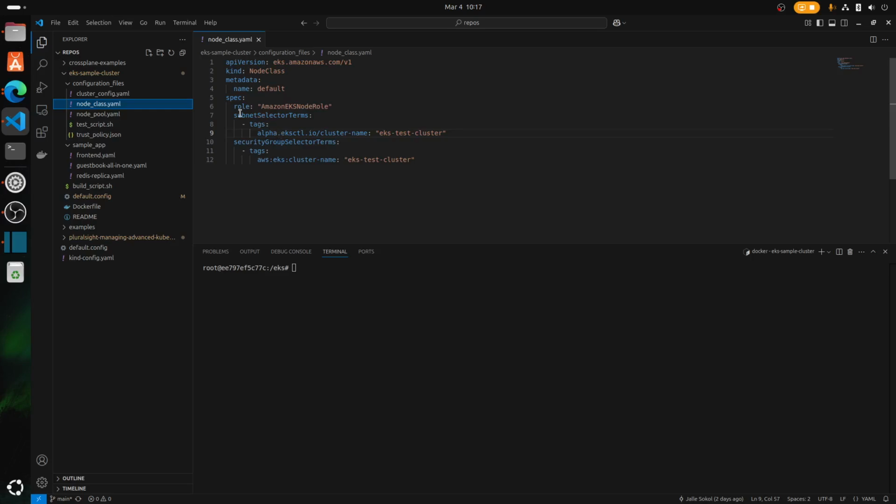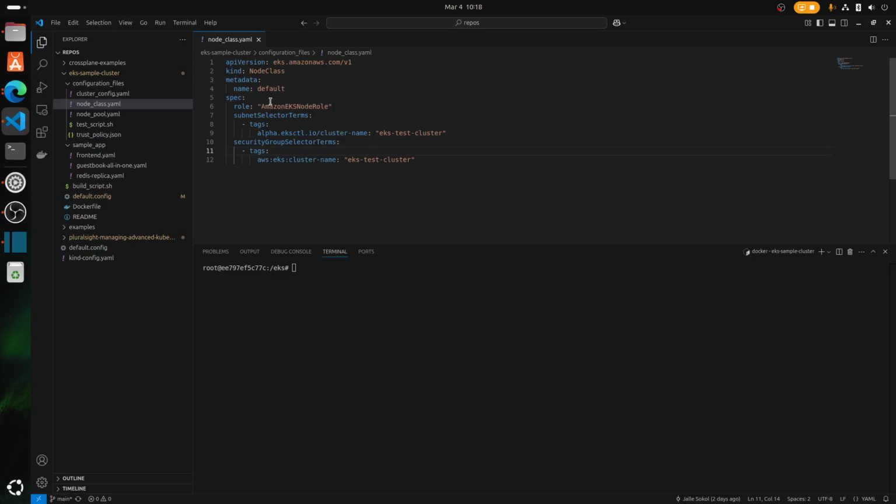Because if you're going to go custom on this, these are again Carpenter native objects, but AWS did implement their own API that sort of adjusts the general Carpenter system just slightly. That's because Carpenter is currently built in such a way that you could technically use it for other platforms, but it was originally designed by AWS, so they have their own version of it here that works more natively. This is an IAM role, which we'll look at in a moment, being created as part of this. And these are tags pointing to the subnet and security group. You can get more fancy with this. This is just an easy way for me to point to